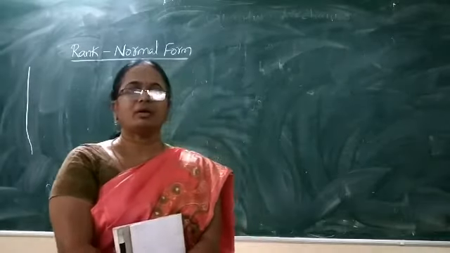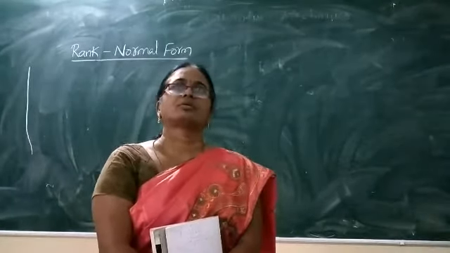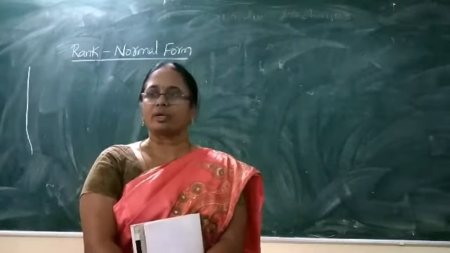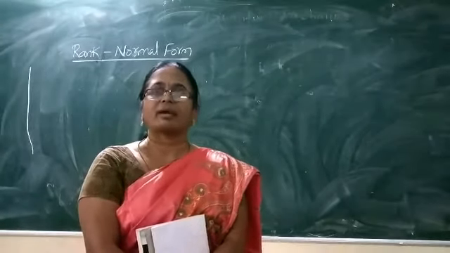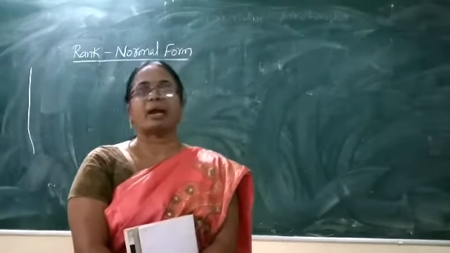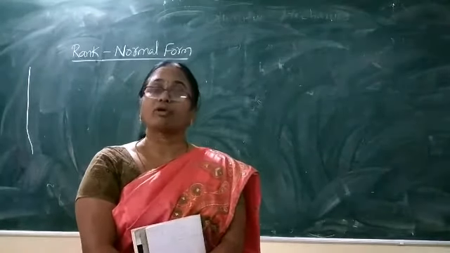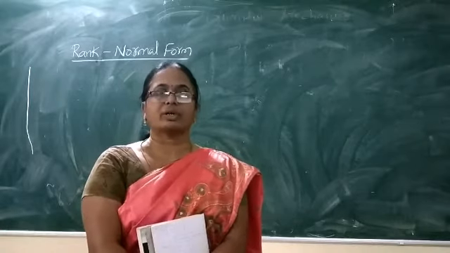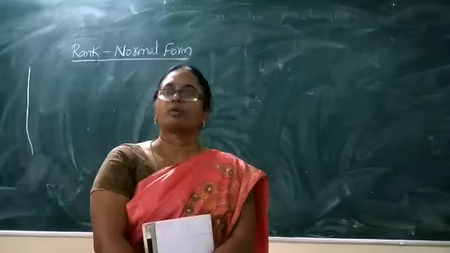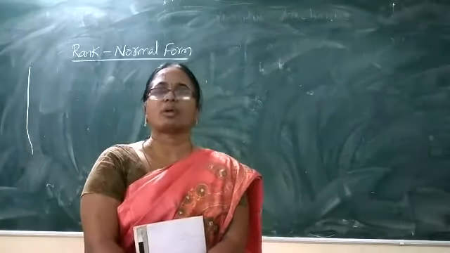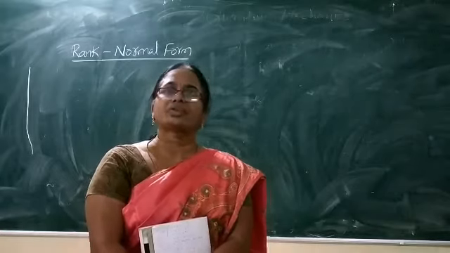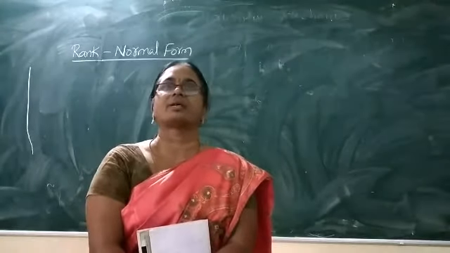Let me test you by giving an example. Suppose a matrix is given wherein one of the unknowns is there and the rank of the matrix is given. Is it possible to calculate the unknown of the matrix if given the rank of the matrix? That is our question now. So let us now see an example before we learn the normal form and getting rank from normal form. Let us look at an example to find out an unknown constant in the matrix provided the rank is given.